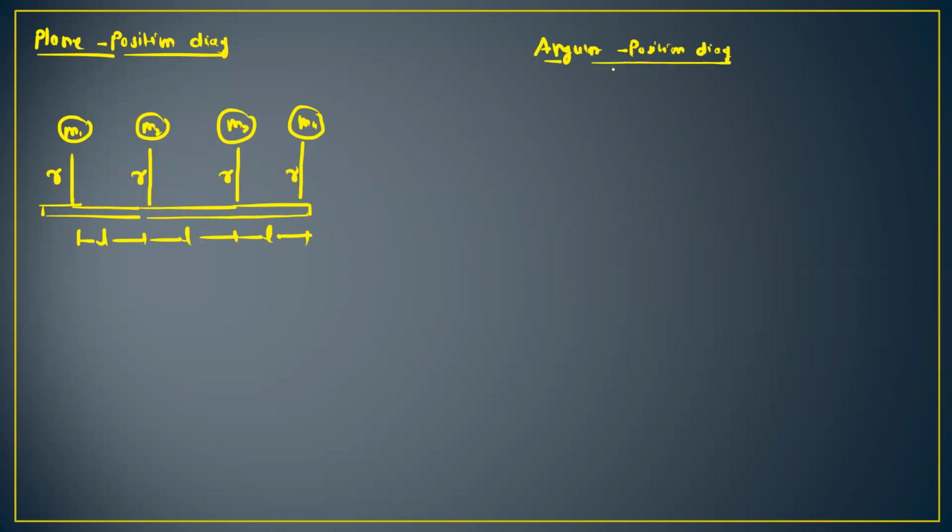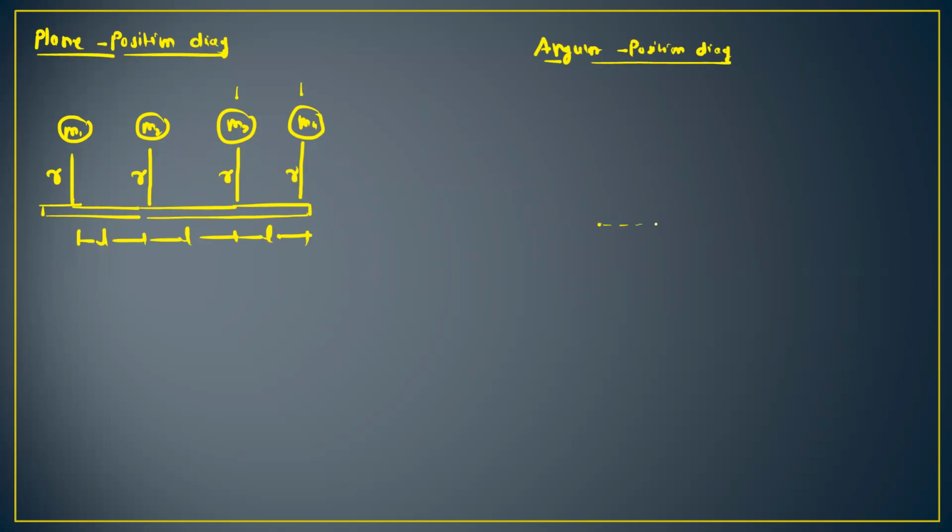So for the angular position diagram, the angles of mass 3 and mass 4 are given with respect to mass 2. And for the mass m1, the angle is not given. We have to find out this angle by using either the couple polygon or the force polygon. So take mass m2